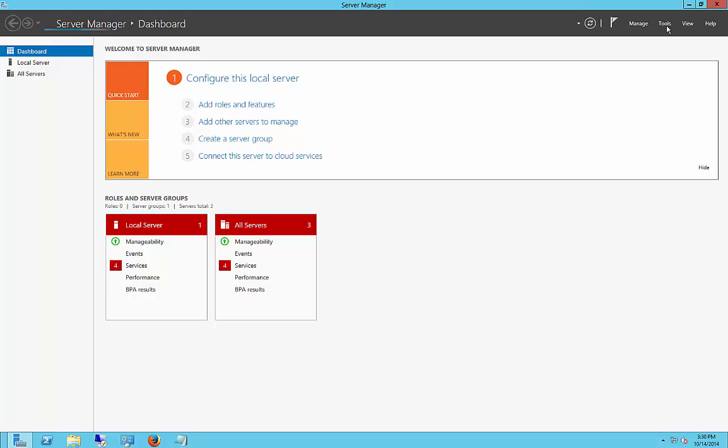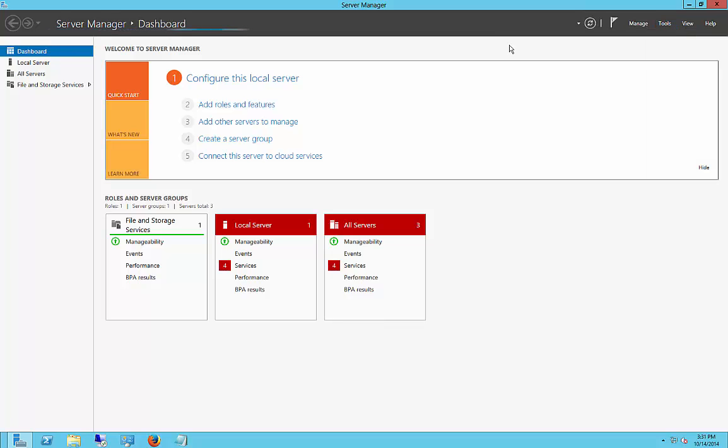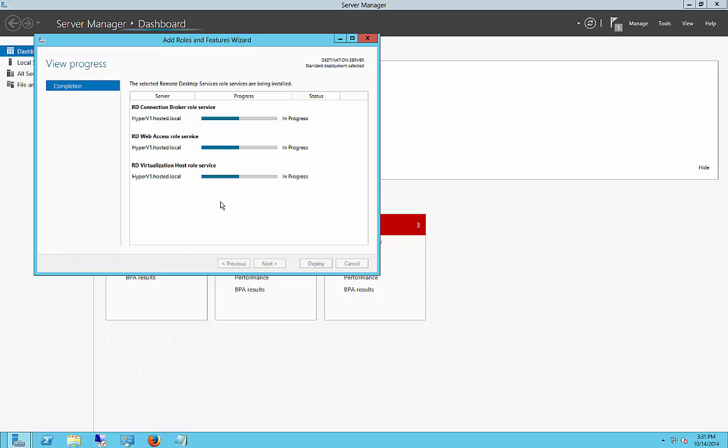All right, the server is back up, and if we go to the Tools menu in Server Manager, you can see at the same time it also installed Hyper-V Manager as well, because that's going to be required in order to make virtual desktops work. All right, so that is the installation portion of setting up virtual desktops,